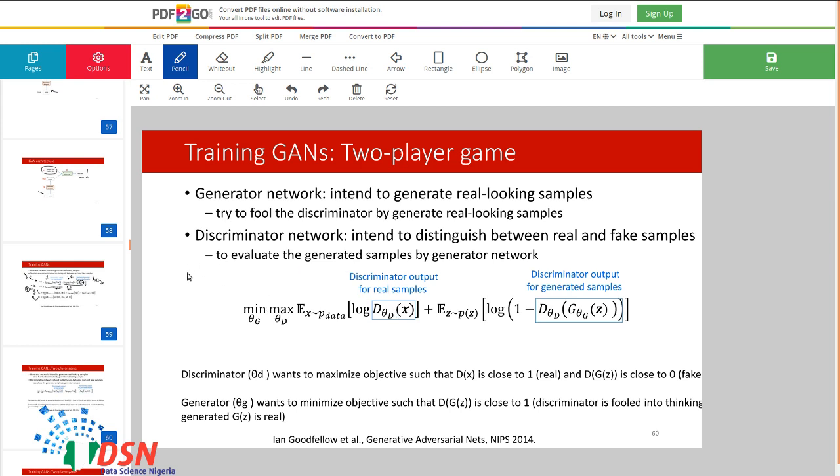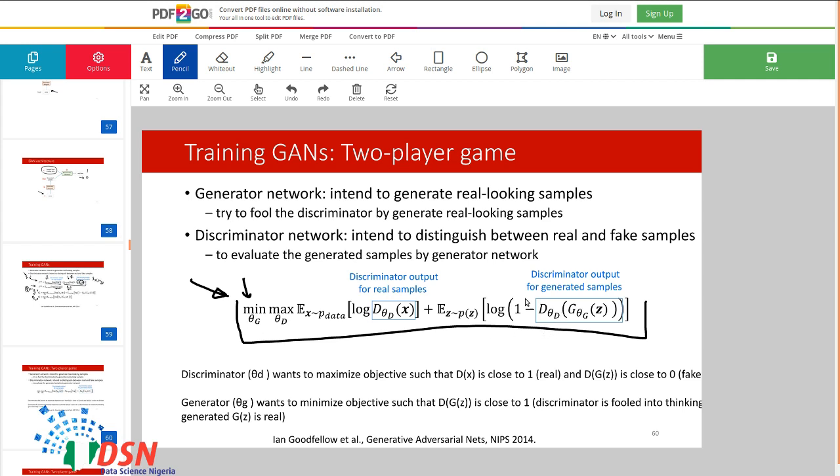So we could write it in just one term. As you could see, we want to minimize this with respect to the generator parameters.